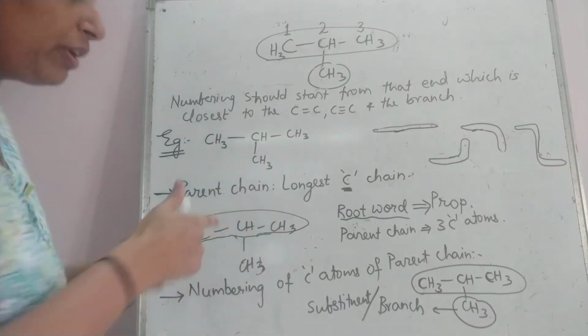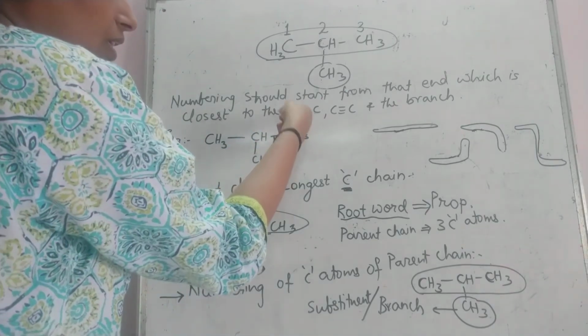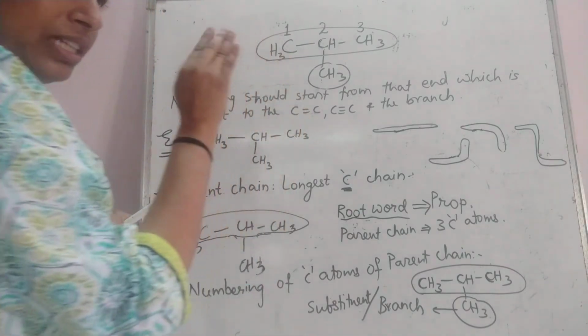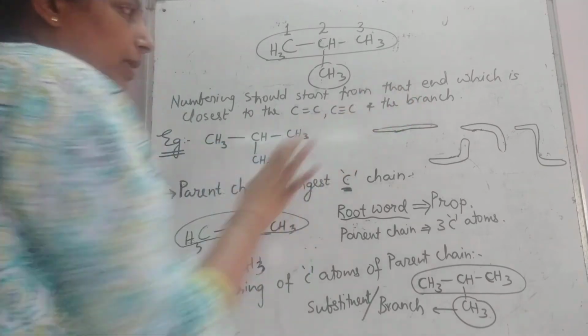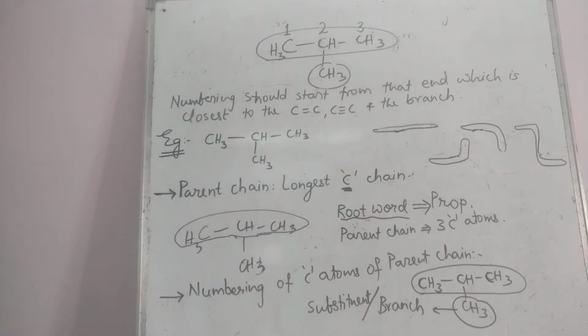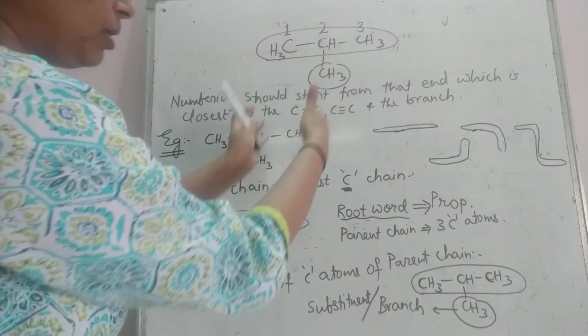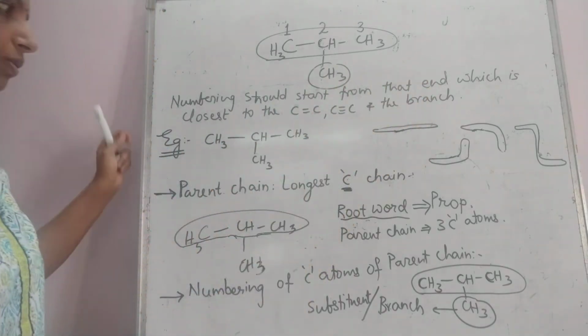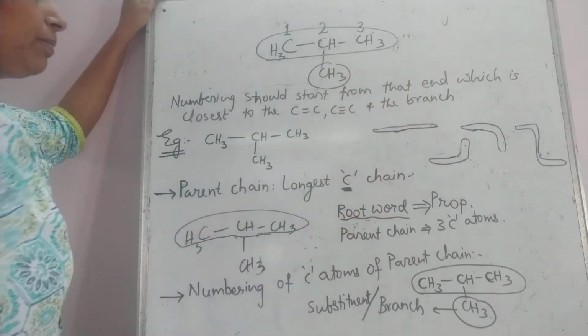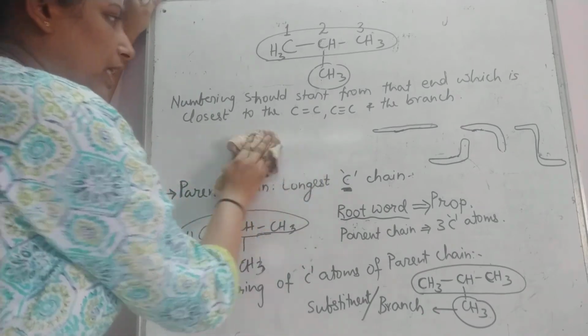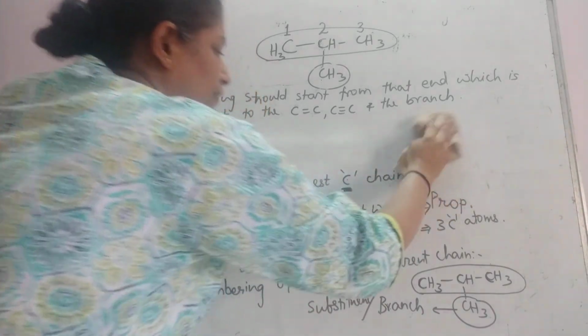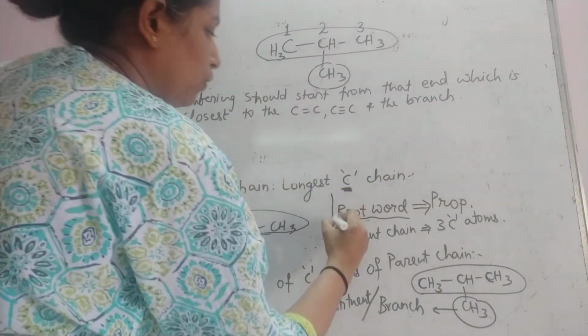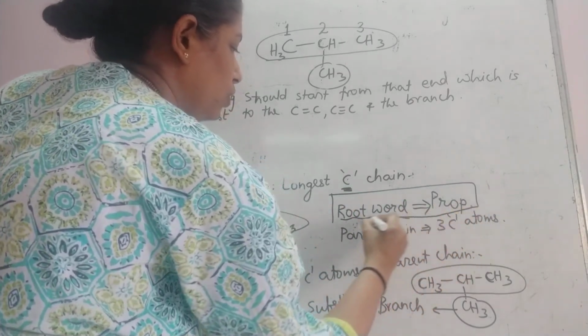ठीक है. देन यू हैव टू प्रिफर डबल बॉन्ड. डबल बॉन्ड को पहले प्रिफर करना है, प्रायोरिटी, देन ट्रिपल बॉन्ड, देन द ब्रांच. इज इट ओके? हेंस आई हैव रिटन इट इन दैट ऑर्डर ओनली. डबल बॉन्ड, ट्रिपल बॉन्ड एंड द ब्रांच. इज इट ओके? यस. So I have numbered my compound, and as you remember, we have written one part of the IUPAC name, that is your root word.